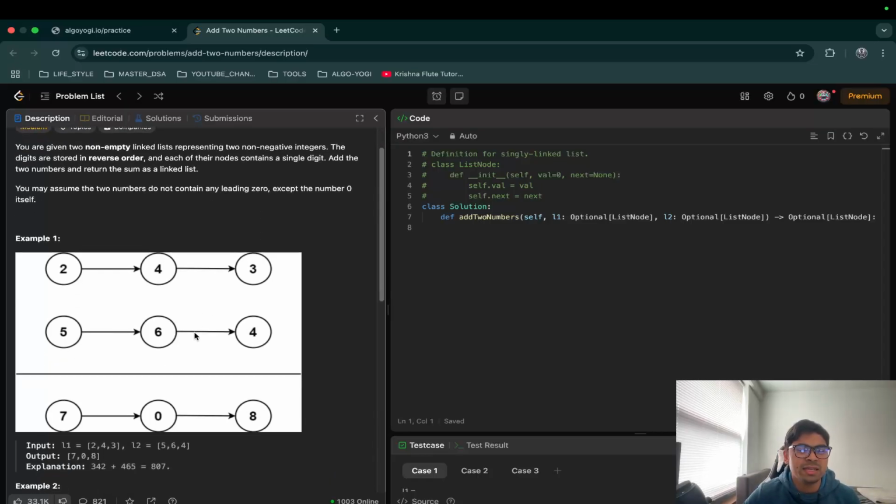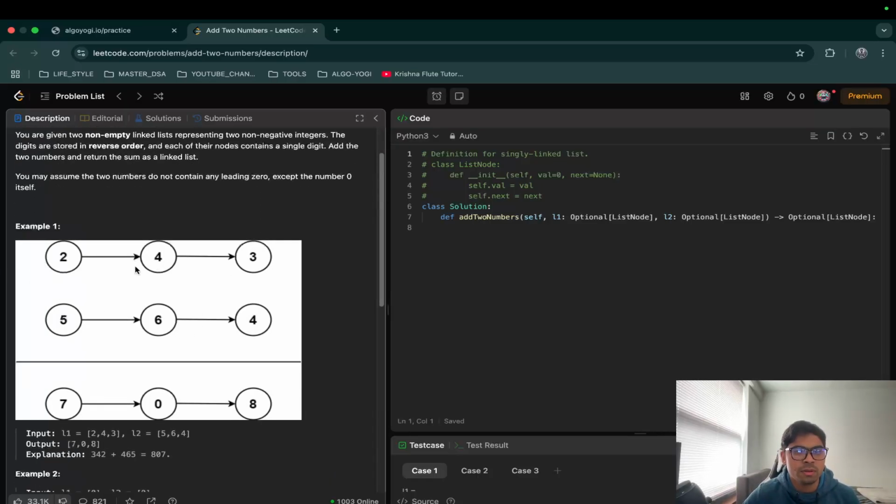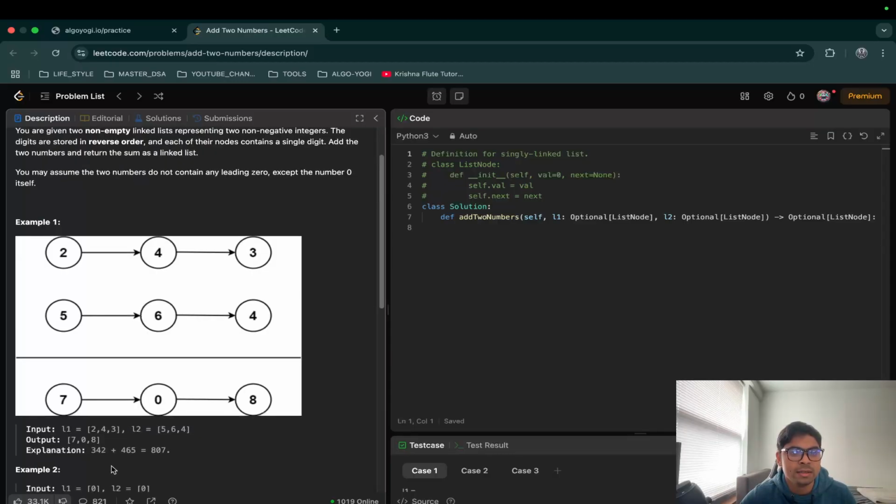So basically, 2, 4, 3 is representing the backward number 342, and this is 465. All right, so we have to imagine them reversed. You're going from the last digit to the first digit, and now we're going to add these together to return